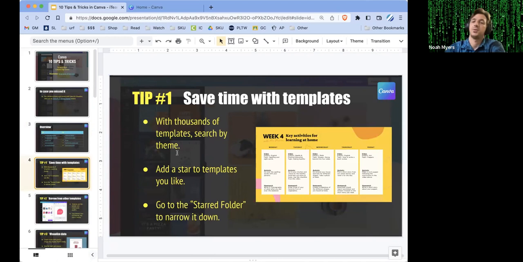So let's start with templates. On Canva, there are thousands of templates. If you were to scroll through them, it would take you all day. So fortunately, there's a search bar which saves you a lot of time. And if you find some favorites, you can add some stars. It makes it easier. It's like a list of favorites rather than a list of everything. If you star everything, just be careful what you put on your favorites list. And you can always go back and edit it later, because as you can see,